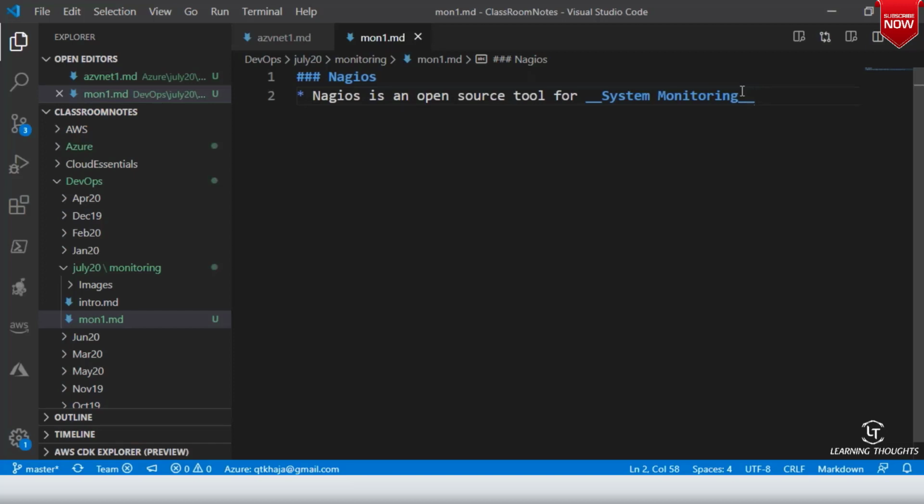If they are not working properly, we can take the help of Nagios to do the notification part, to tell that this server is not working, and it sends an email to the admin team or whatever team is responsible for the application or device that is not working. So this is what Nagios is all about.